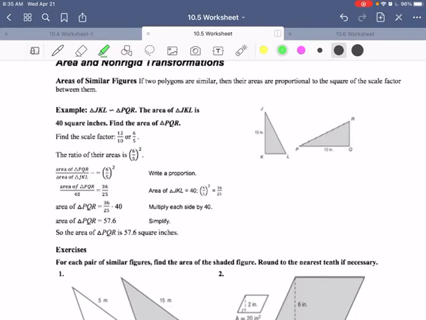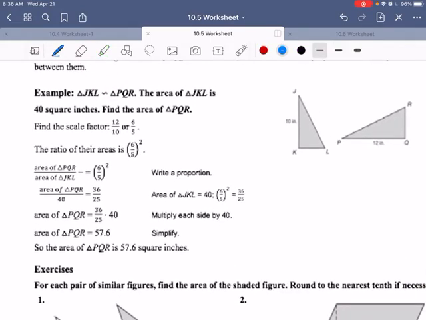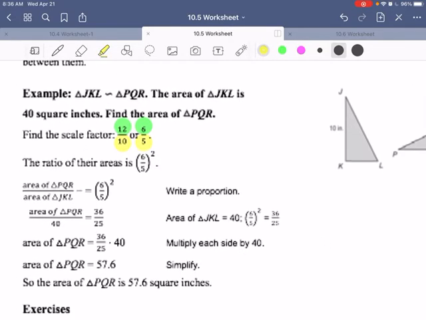So we want to find the scale factor. Since we're going from the smaller on the left to the larger, where we're going to is on the top, where we're coming from is on the bottom. Going to on the top, coming from on the bottom. We reduce that to 6/5. And remember, the ratio of the areas is the square